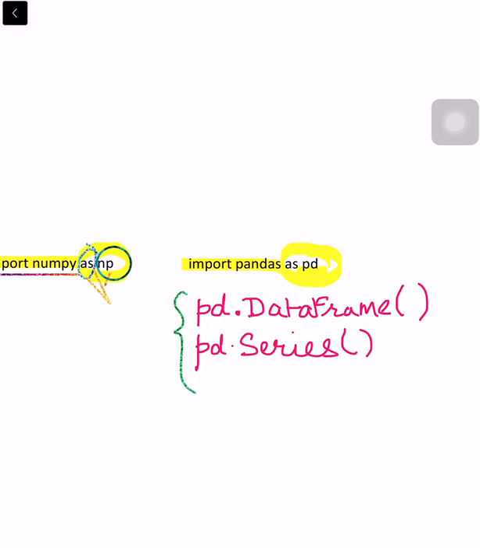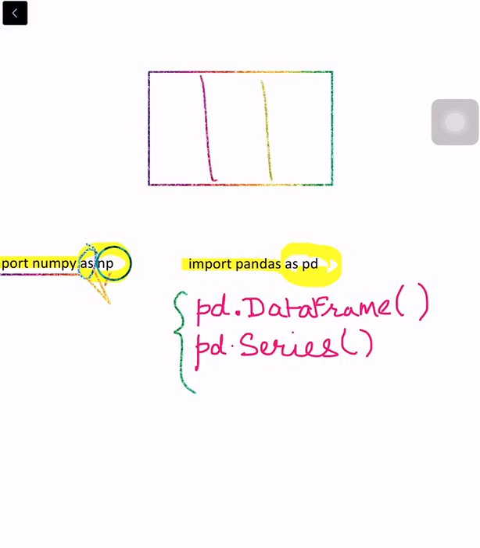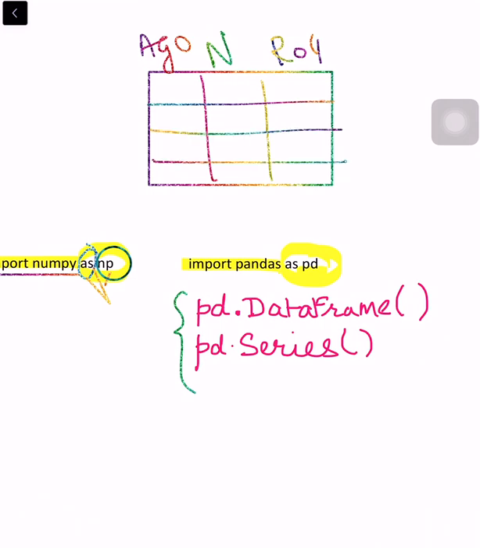In SQL, you have created the student table which had, say, age, name, and roll number, and inside we had multiple values. In the same way, these two data structures are used to create a table-like structure. DataFrame will create a 2D table-like structure, and Series will create a 1D table-like structure. In these, we will store data